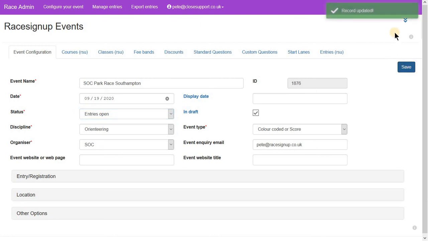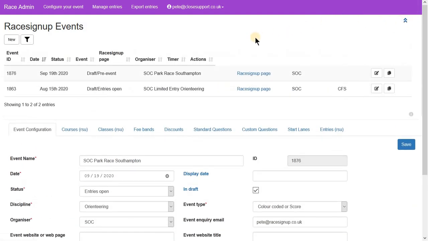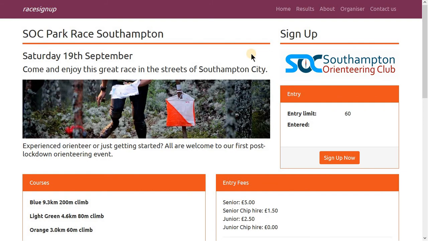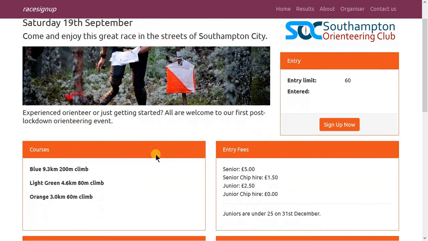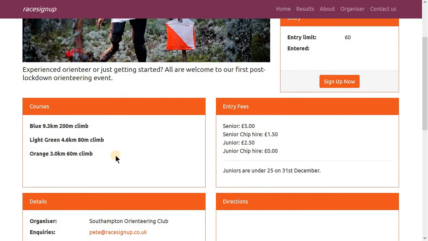Now we're going to expose the list of events by clicking on this down arrow here, and we'll see that what we've got on this page is a link to the race sign up page. So just click on that, and this takes us to the information page for the park race. And here we can see obviously the event name, date. This is the entry short description, and this is the entry long description that we saw on the event configuration page. Here we've got an extract of the courses,